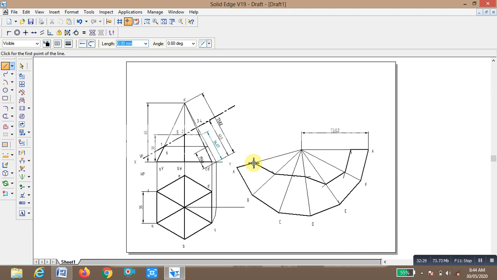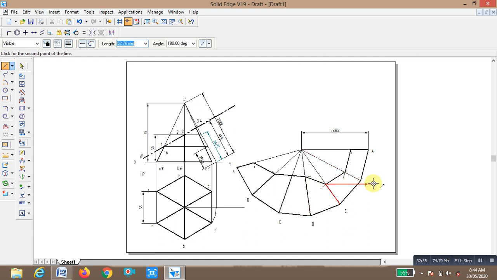At this point to this point, then this F to this point. Now in the figure what I had shown, this thick line, this thick portion, indicates the development of the lateral surface of the hexagonal pyramid.